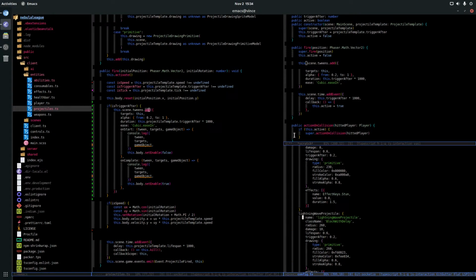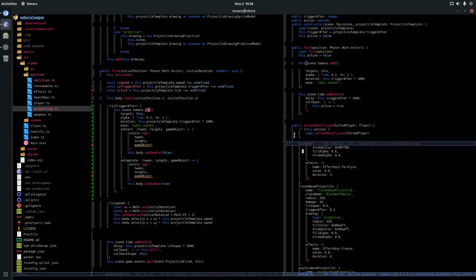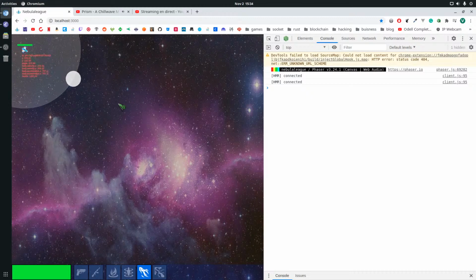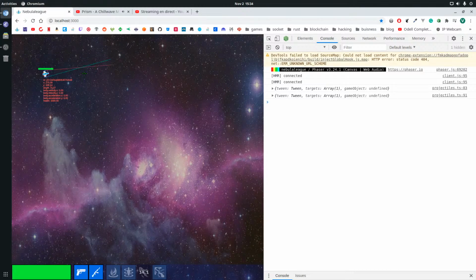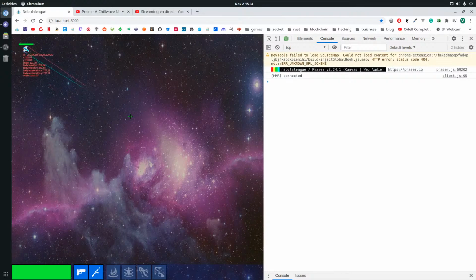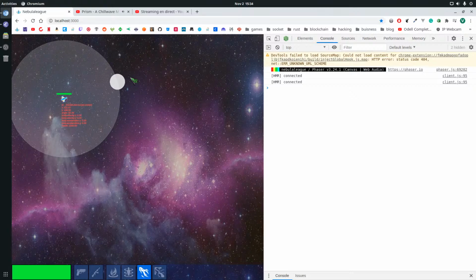Trigger after, so my lighting has it. My frozen, they almost all have it. My root, okay, my root has it. So okay, it's working, but the body is not in the right place.